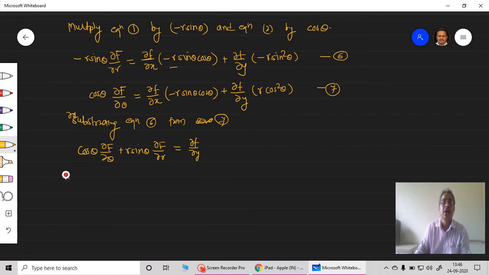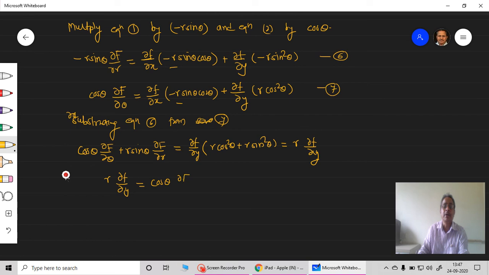These two terms are going to be cancelled with each other. In the bracket it is going to be r times cos square theta plus r times sin square theta. Again you can use that identity, cos square theta plus sin square theta is equal to 1, so r comes out, and therefore it is r times ∂F/∂y. Okay, rewrite, change the sides, so I'll get r times ∂F/∂y is equal to cos theta